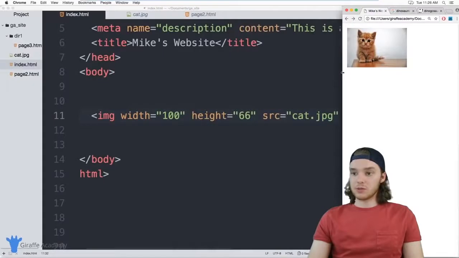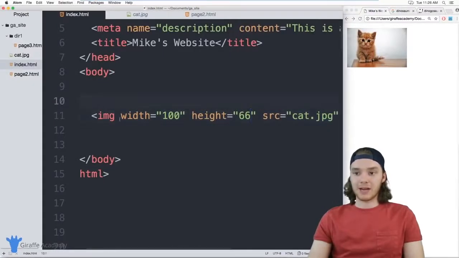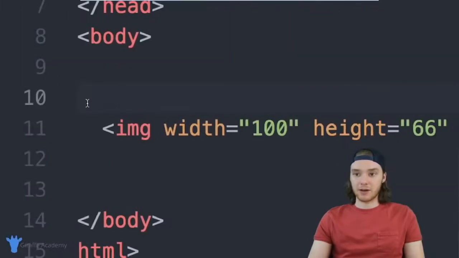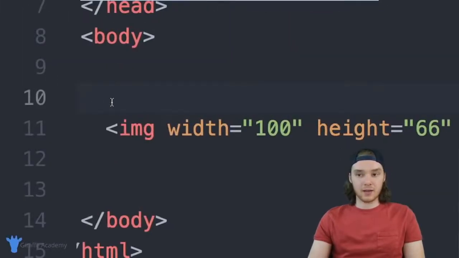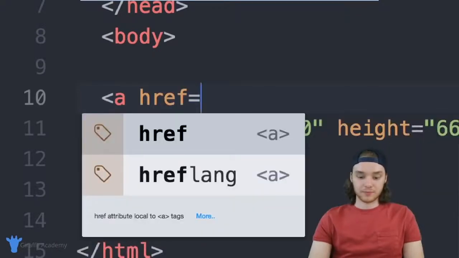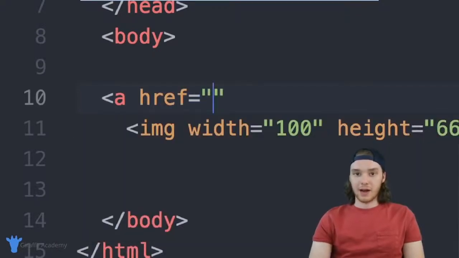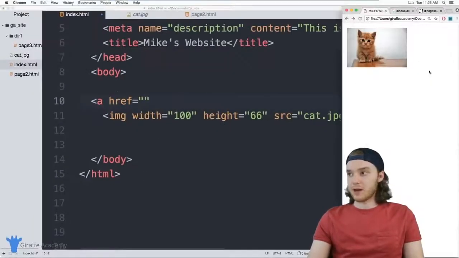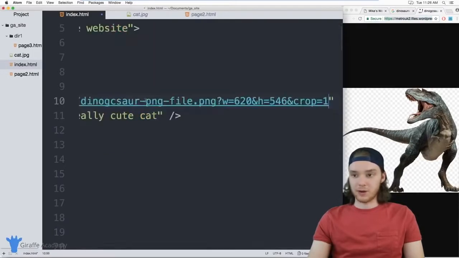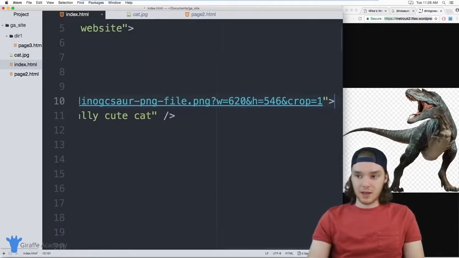And you can also use other things with images. So I could combine this image with a link, for example. So I could come over here and create a link tag, and we can just say a, and we'll give this an href. And inside here, I could put whatever link that I wanted to. So for example, I could link this to this dinosaur picture, right? I could put the URL for the dinosaur in there,